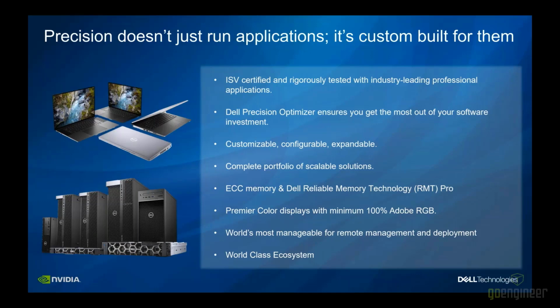So we do offer error correcting code memory and Dell reliable memory technology to give you that extra level of assurance that you're not getting any random memory errors that may cause either blue screens or inaccuracies in calculations. And then another important part, as engineers or industrial designers